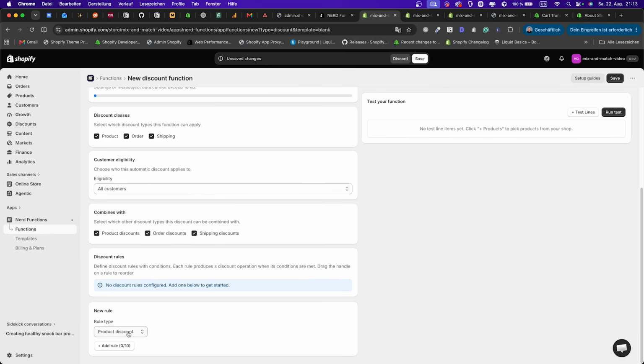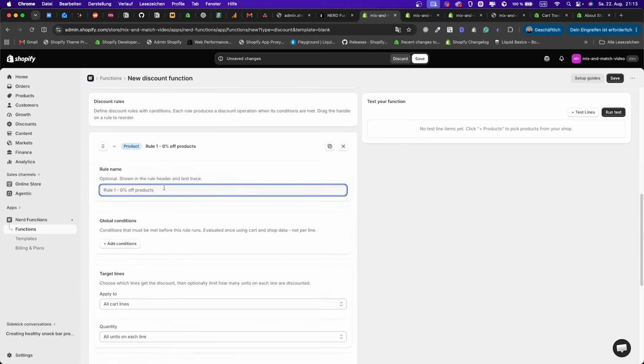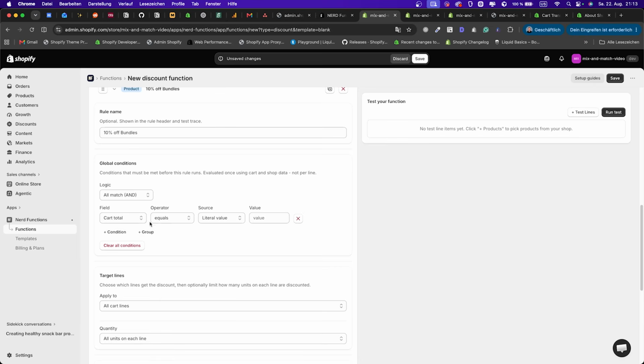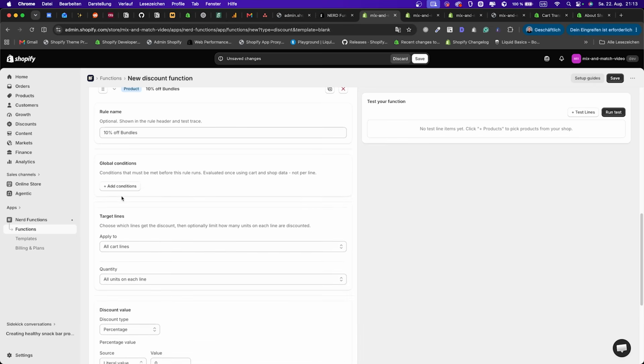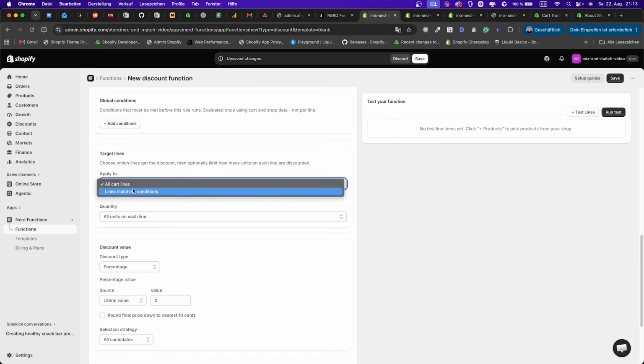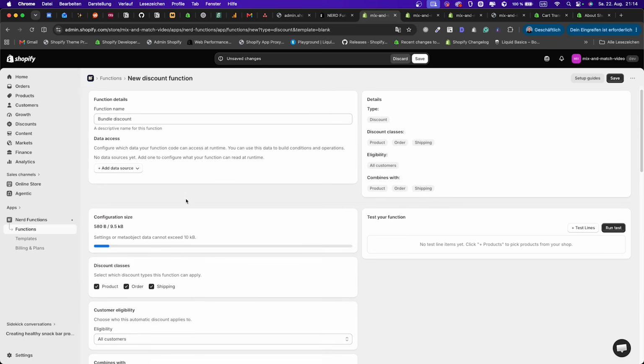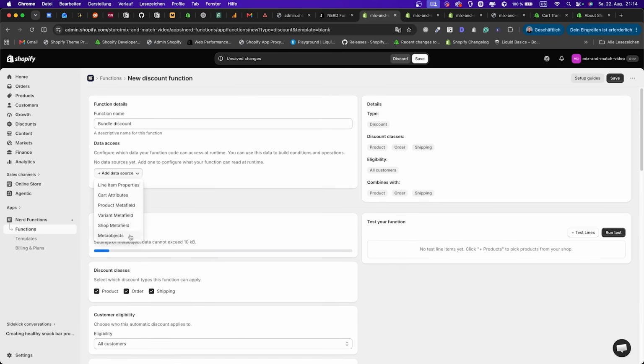Now you can add a new product discount rule. Let's say 10% off bundles. Again, global conditions. You can define global conditions, but we don't need this. We need to target lines. And here we need to target lines matching specific conditions. Let's add a condition. And here we can also use different values, or we can also use different data sources